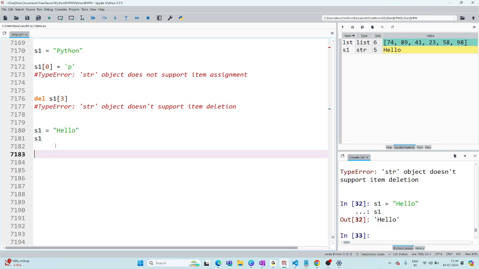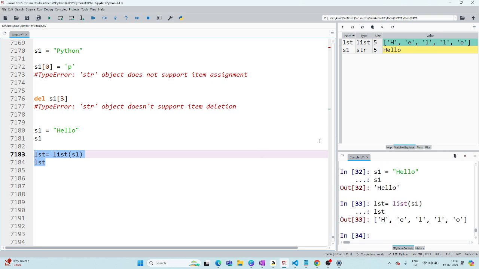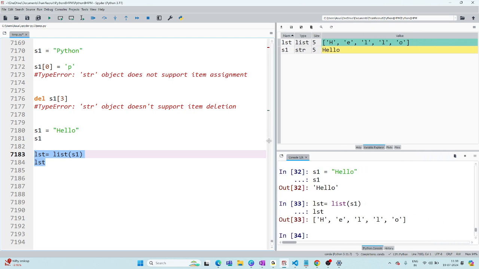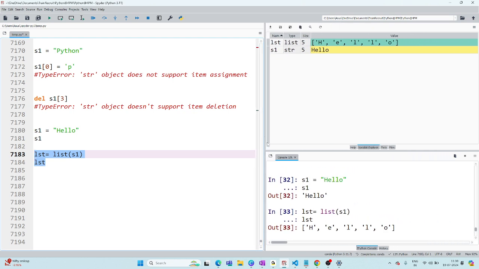Now LST is equal to list of S1, using a conversion. That is list class conversion basically. Now I will say LST. Tell me what happened. Hello is not showing, the characters are showing, that's it.